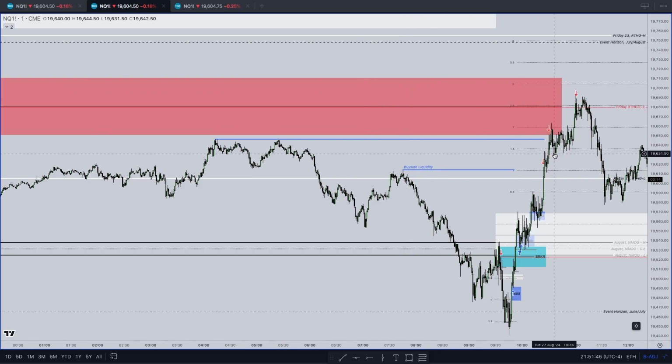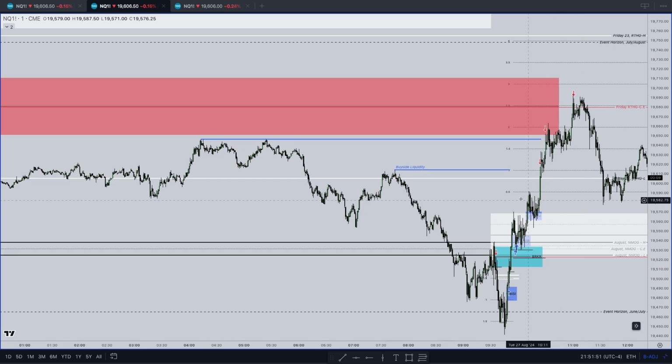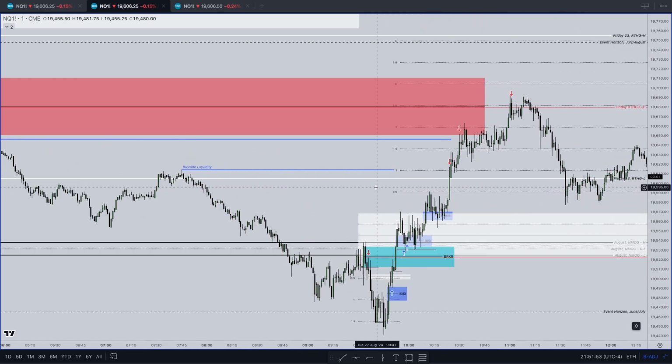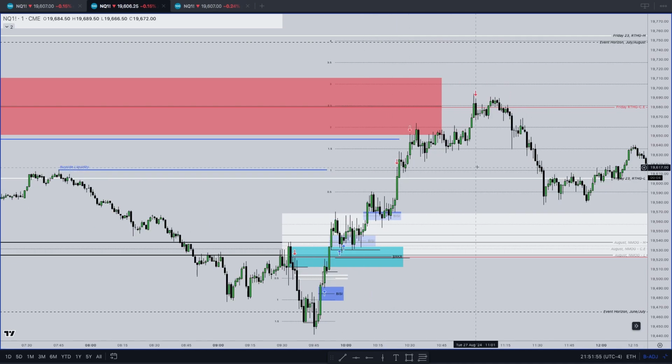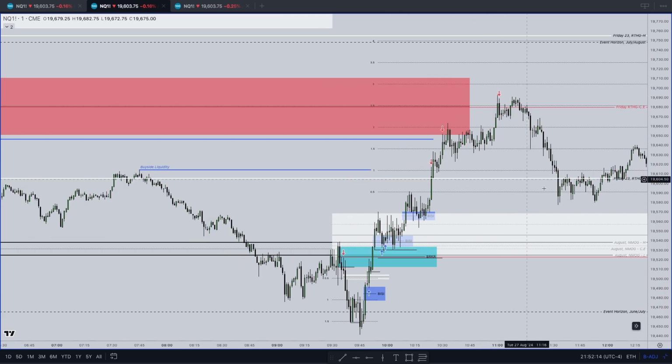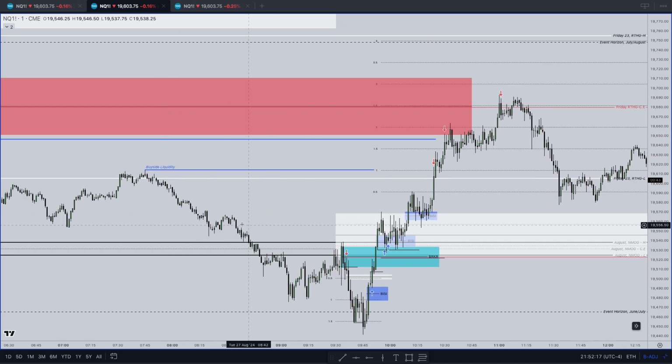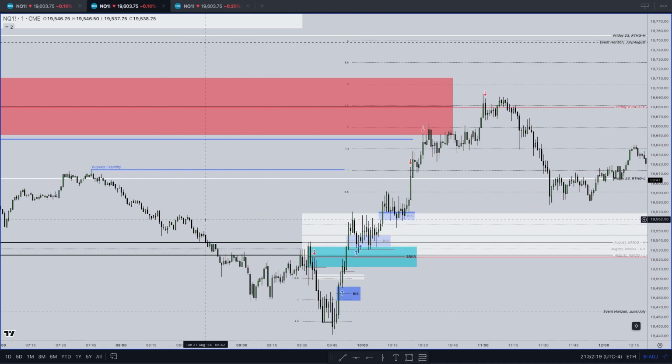So maybe from here I'm expecting to retrace into the gap, because this could happen and happens many times. So I'm leaving only one contract to reach where? My 2.5 standard deviation and the 50% of the regular trading hours gap here. You see? Perfect. Perfect executions, perfect partial taking, and all the logic of this model is rule based,